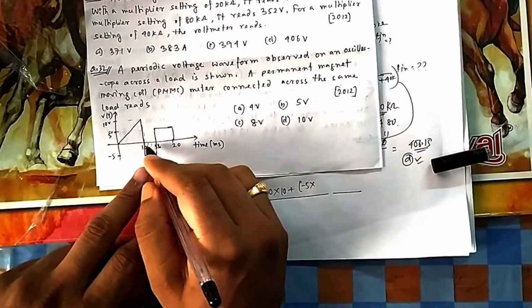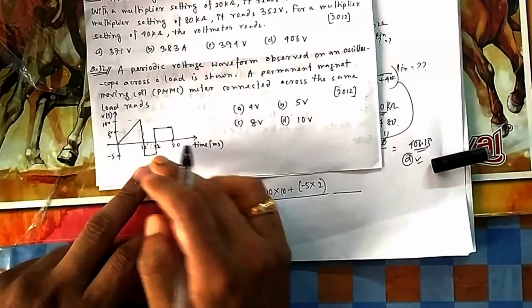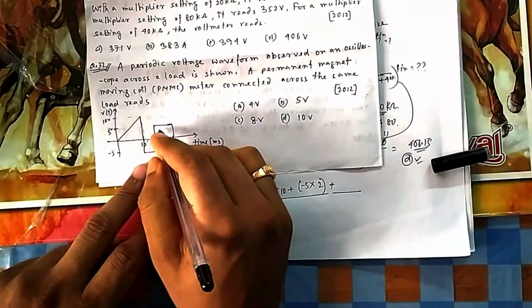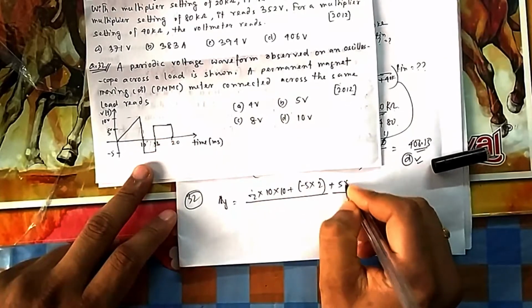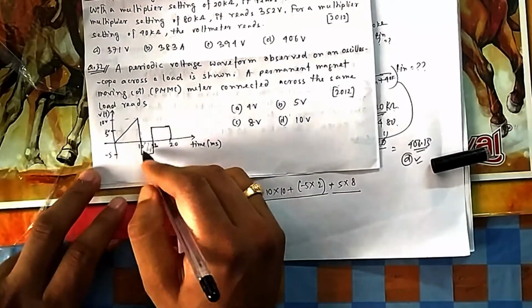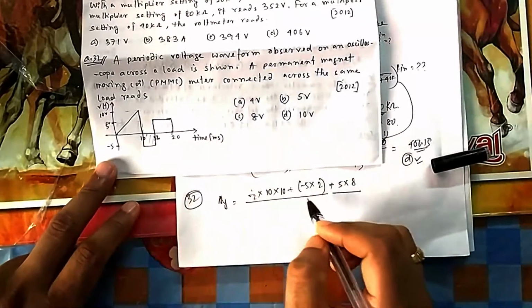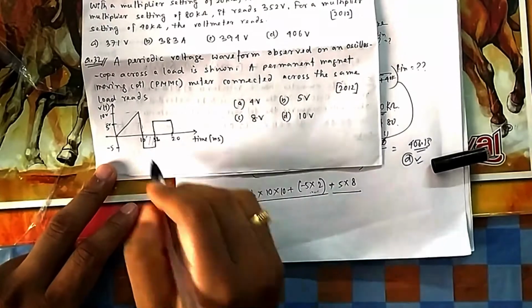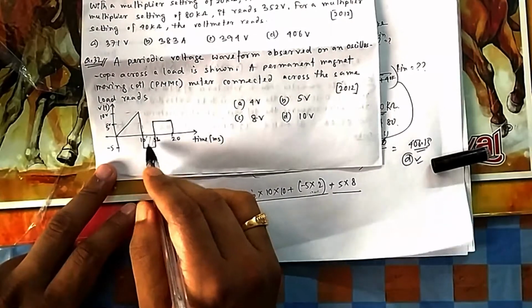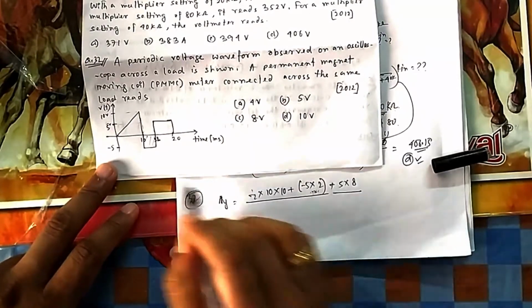So minus 5 into this length is 2. Time period is 2, 10 to 12. And then this one is height is 5 into 8. Because if you integrate, it will give minus sign. So when you integrate the whole signal, this will have a negative impact and it will be deducted. So don't think that I am calculating area. Area is 10, okay, but it is in denominator side, you should put that minus. Because I am not calculating area, I am just adding all these things.